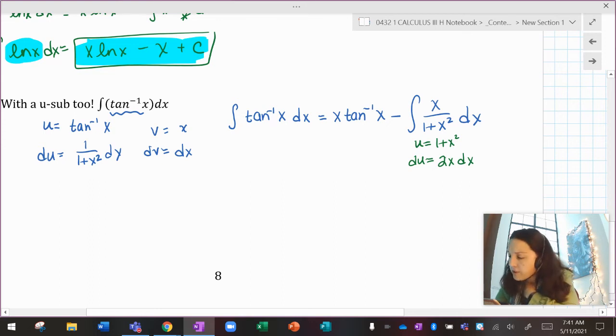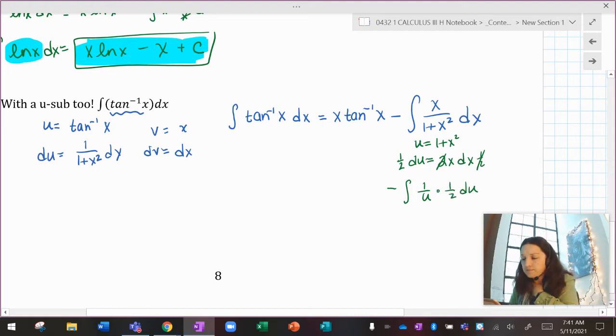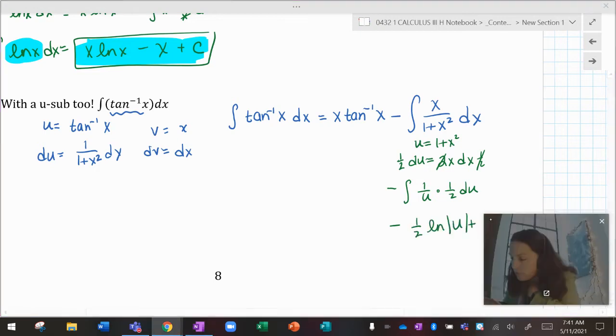And I don't need 2x dx, I just need 1x, so I can multiply both sides by a half. Okay, I'm feeling pretty good about this. So this becomes minus the integral of 1 over u times 1/2 du, which would become minus 1/2 ln absolute value of u